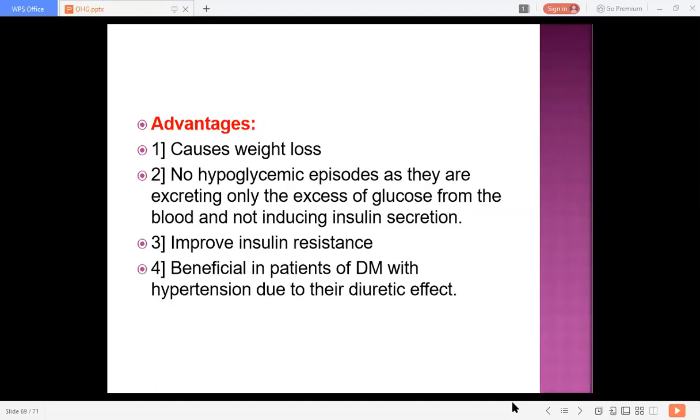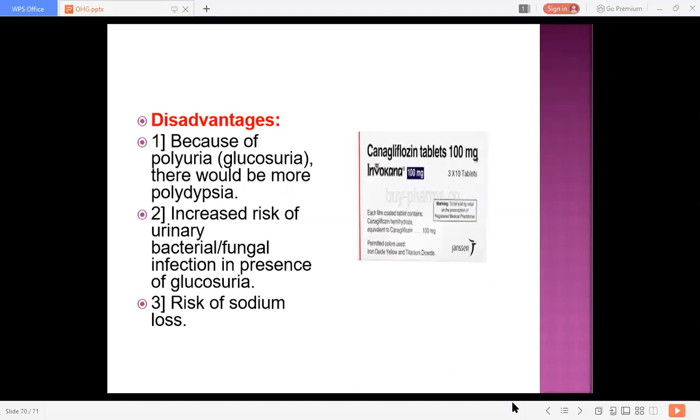Improve insulin resistance, beneficial in patients of diabetes mellitus with hypertension due to their diuretic effect. Disadvantages: because of polyuria, that is glucosuria, there would be more polydipsia, increased risk of urinary, bacterial, or fungal infection in the presence of glucosuria, risk of sodium